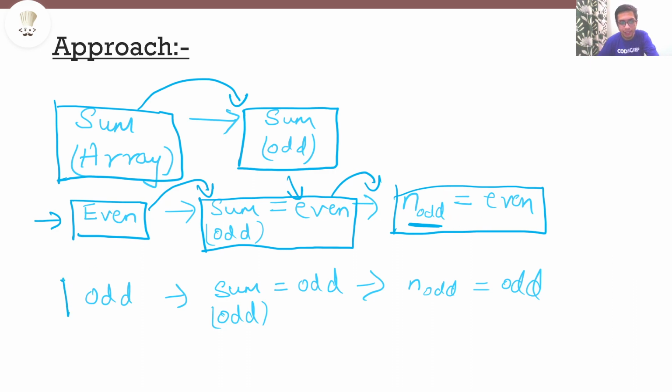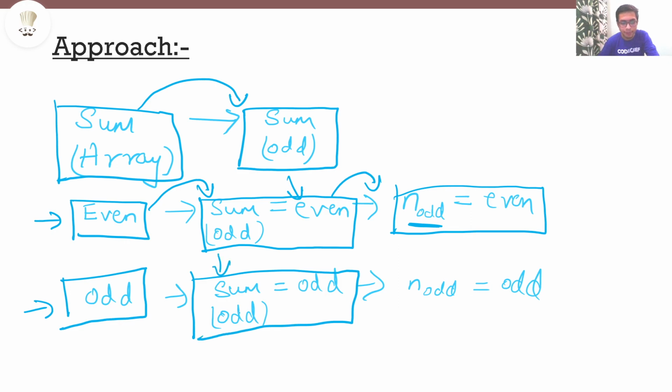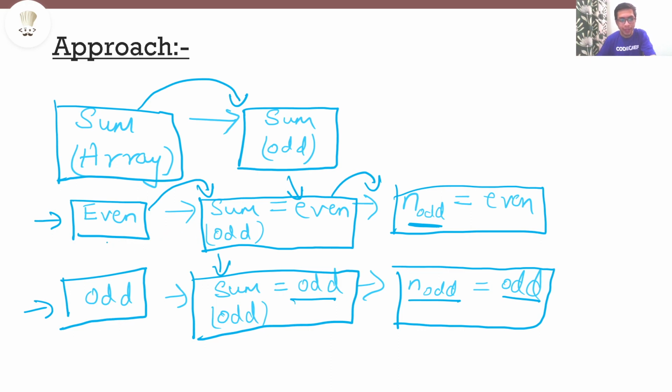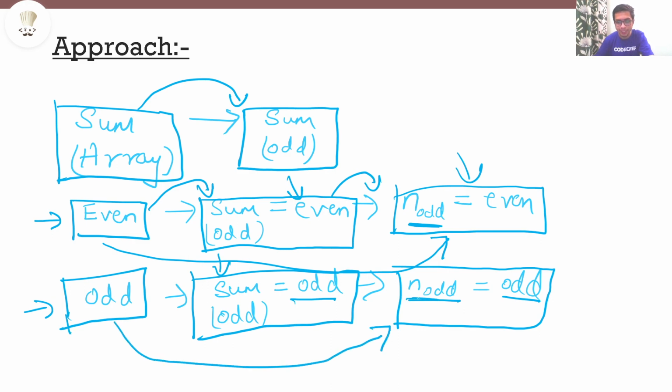And similarly, to make the sum of the array odd, we need an odd sum for an odd number of terms present in the array, or the sum of odd numbers present in the array should be odd. And similarly, the number of terms for odd numbers should also be odd, right? So indirectly, we can see that to make the sum of the array even, the number of odd numbers present in the array should also be even. And to make the sum of the array odd, the number of odd terms present in the array should